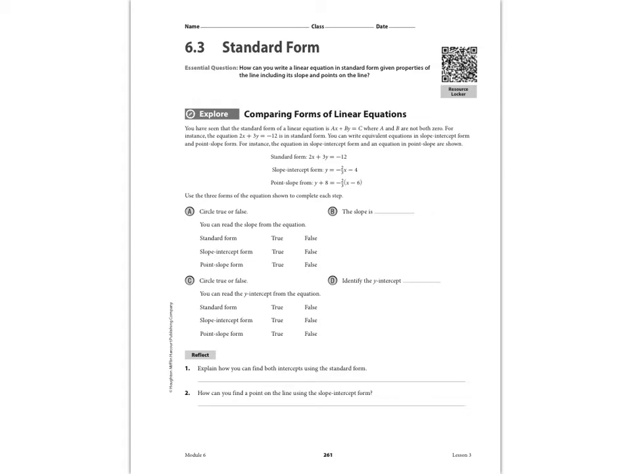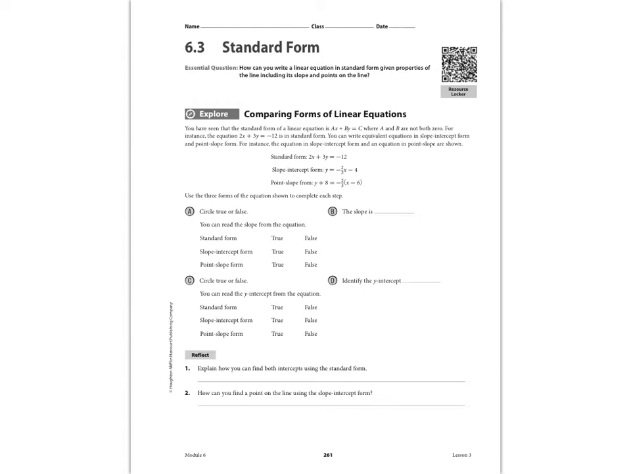The essential question is, how can you write a linear equation in standard form given properties of the line, including its slope and points on the line? So this lesson is a continuation of 6.1 and 6.2, so hopefully you're pretty comfortable with writing linear equations in point slope form and also slope intercept form. That's going to be required for you to understand how to do this skill, which is writing it in standard